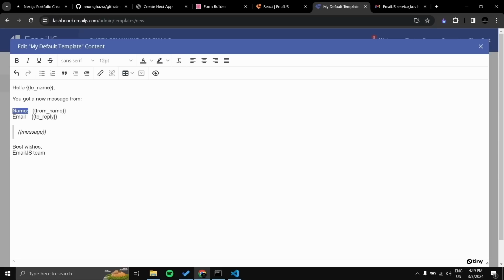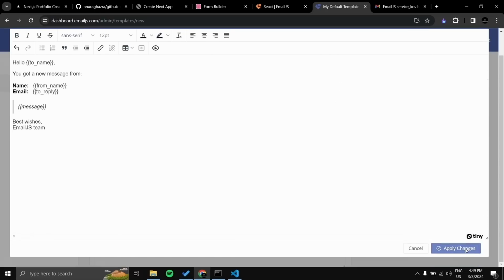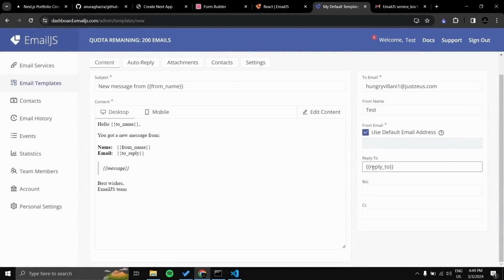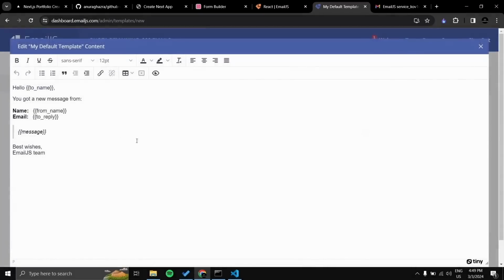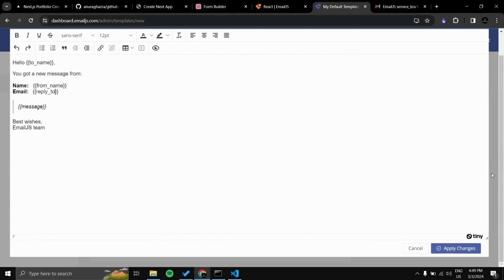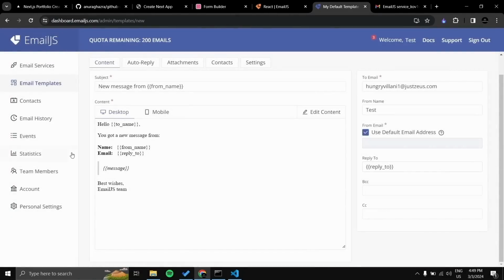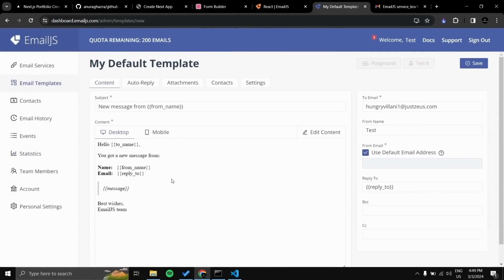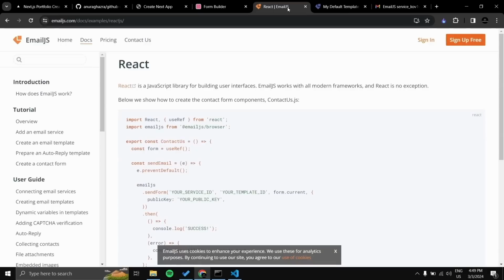You can also make it bold, and you can create a whole good looking template, but for this tutorial let's keep it simple. Let's apply changes. It should be reply to. All right, now let's use all these variables, but first let's